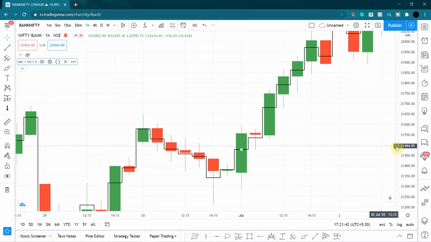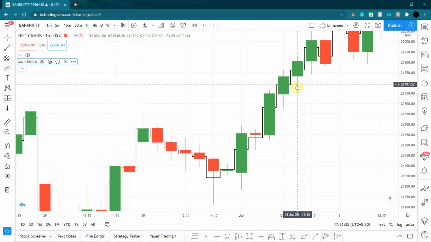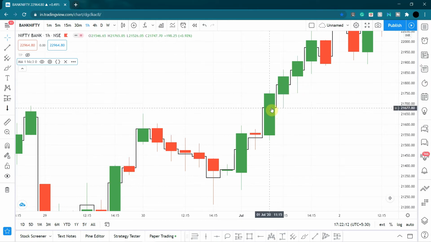Now again, you don't have to be very specific and put your order exactly on the mean. You can adjust it by 1 or 2 points up and down. That is completely understandable because sometimes the next candle does come even below the mean, as in this case. As you can see, the mean of the previous candle is here, but this candle's wick has come till right here, which is almost till the open of the previous candle. So you can't be 100% sure, but this is a probability game.